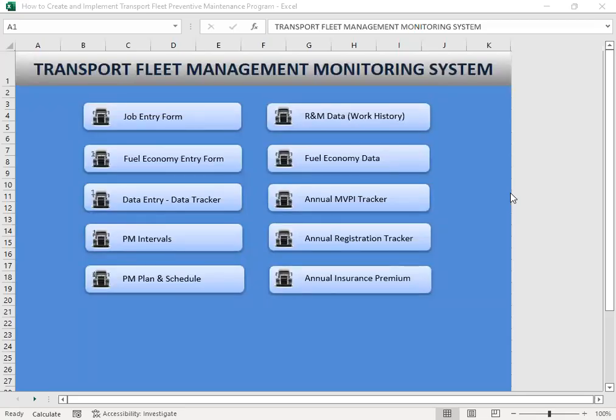Hey everyone, Bob here. Today I would like you to learn the transport fleet management monitoring system, which I have developed for you guys. So if you're having a transport business providing transport services to another company in their manufacturing